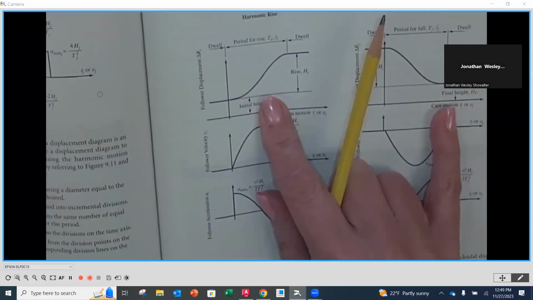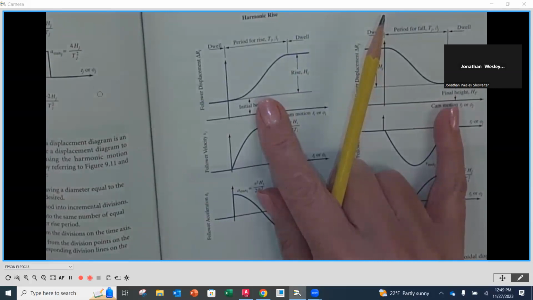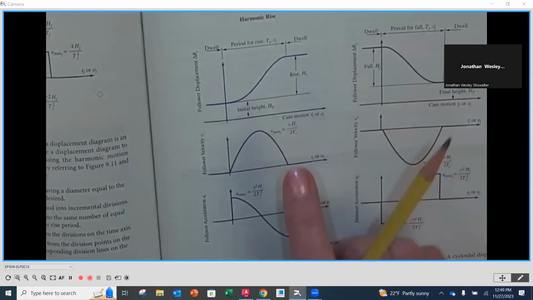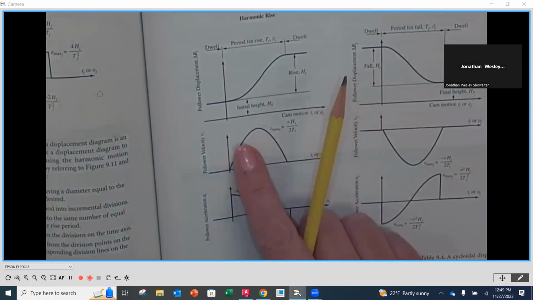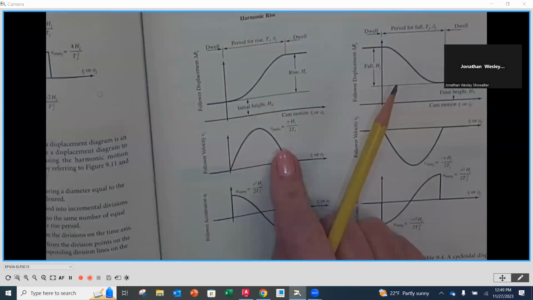Here's the harmonic. They look very, very similar. Displacement-wise, they're not very different at all. But what we will see is a difference in the achieving of the maximum velocity. You'll see that's more of a curve here now. And then we also see an improvement in the acceleration as opposed to it being like straight lines, in and